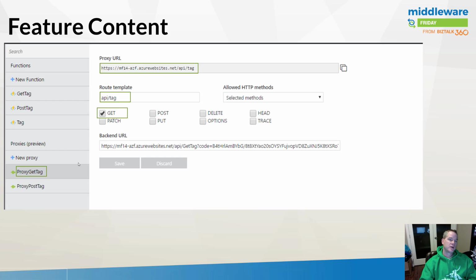So now what I want to do is go ahead and create my proxy. And when I go ahead and create the proxy, I'm going to be prompted for some different settings. In this case, we're going to start with the proxy get tag. And notice that I've got this consistent URL that's going to exist across both of my proxies. We've got a route template called API/tag, and then we've got a get. Now, as part of the get, we're going to put this backend URL, which is related to my get tag